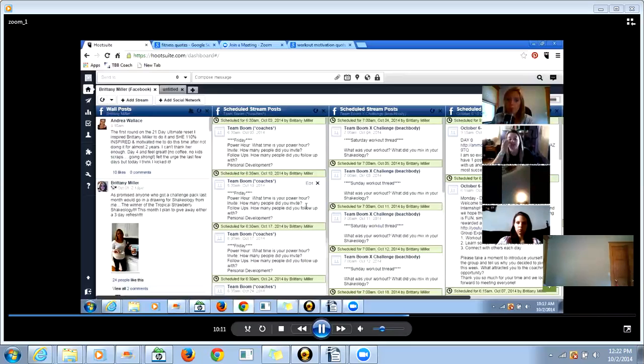It's a huge time saver when we do these mini challenges, the 30-day challenges within our group too, because then you don't have to worry about getting in and trying to remember to post every single day. You can literally start on October 1st and schedule 30 days worth of daily things for our little fitness challenges. Right, and even if you don't sit down and do it all at once, even if you sit down on Monday and just do it for the week, and then sit down the following Monday and do it for the week, you know, it is time consuming to sit down and do it all at once, but it's a time saver in the long run. So, yeah. It's a nice little tool we have.